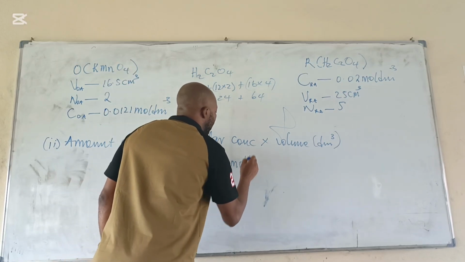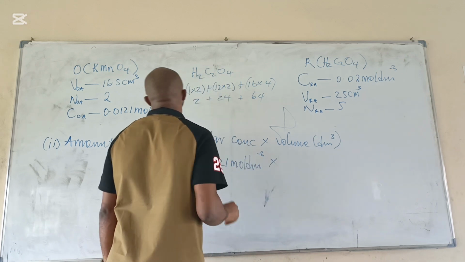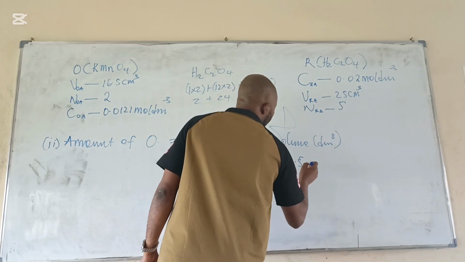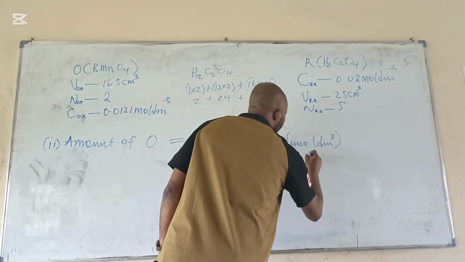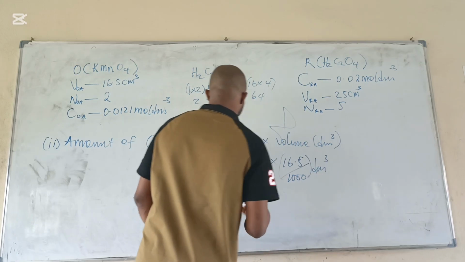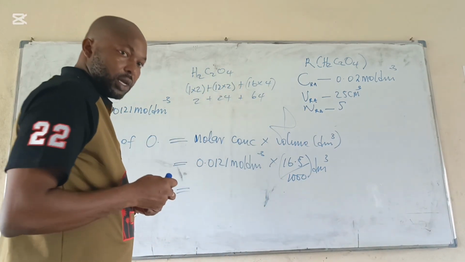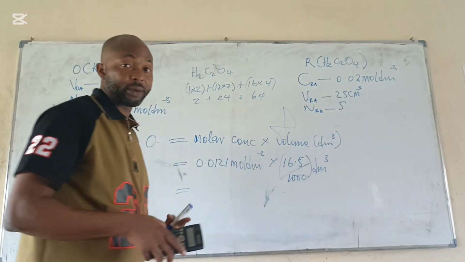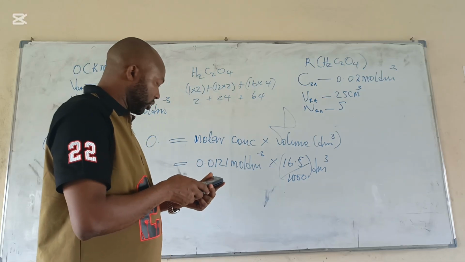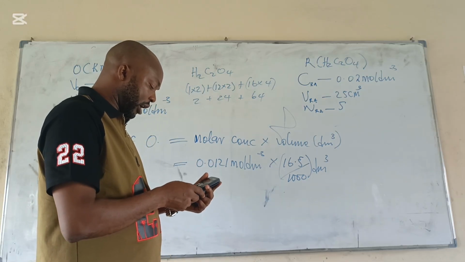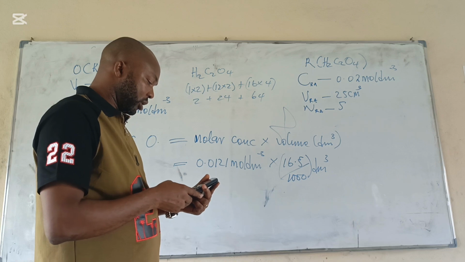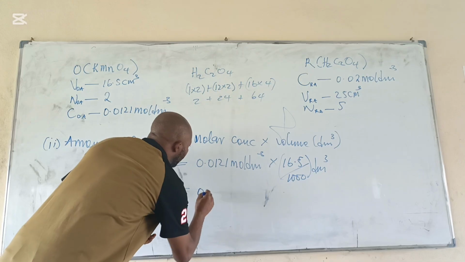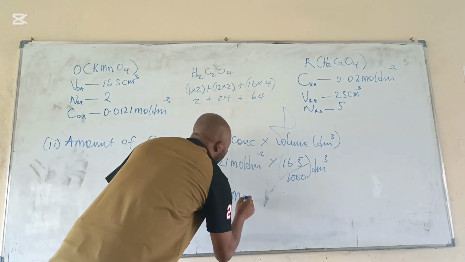0.0121 mole per dm³ times the volume, which is 16.5 over 1000 dm³. Why is it 16.5 divided by 1000? Because we're converting from cm³ to dm³. We divide by 1000. So 16.5 divided by 1000 is this. So I have 0.0121 mole per dm³